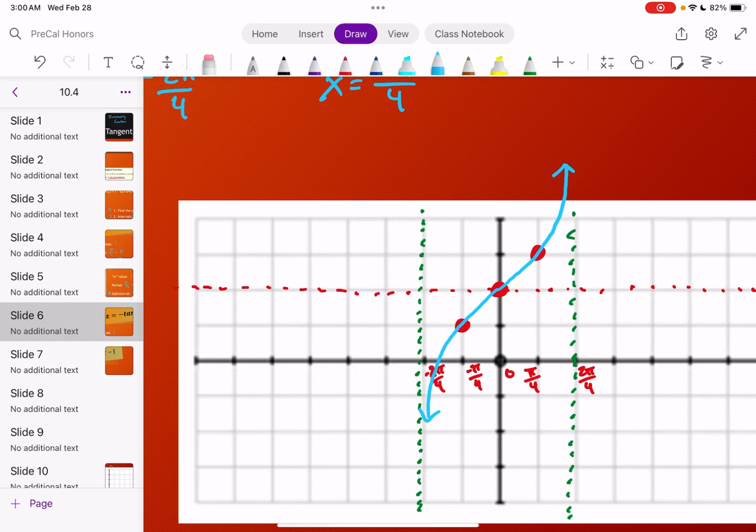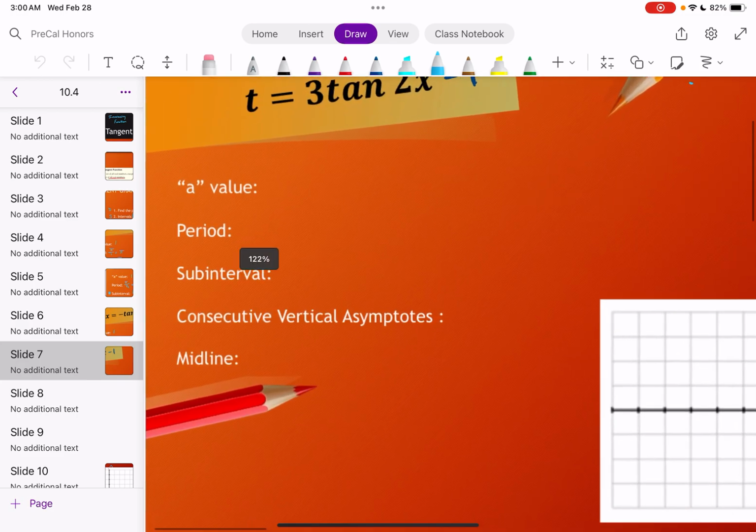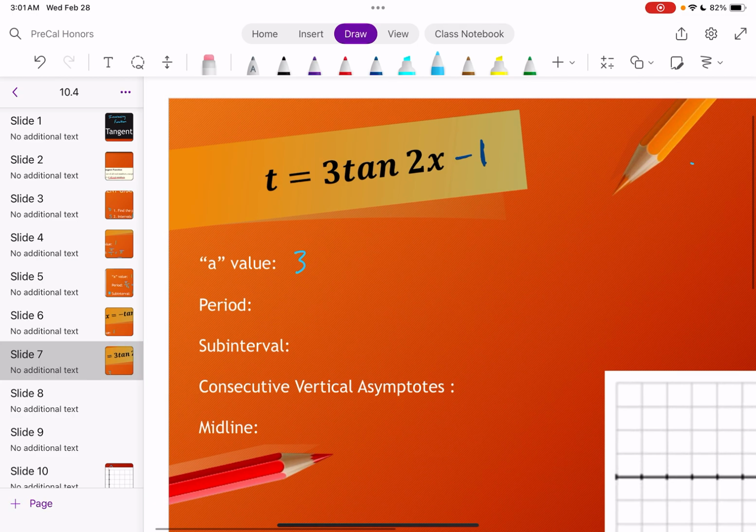Let's take a look at slide 7. With slide 7, we're looking at a very similar problem to what we had accomplished before. Here we also added a k value. We're going to go ahead, start off with our a value, which is going to be 3. Our period is going to be pi